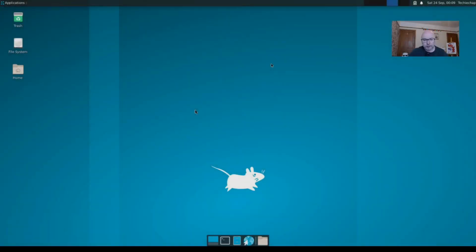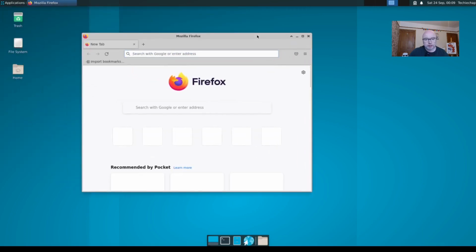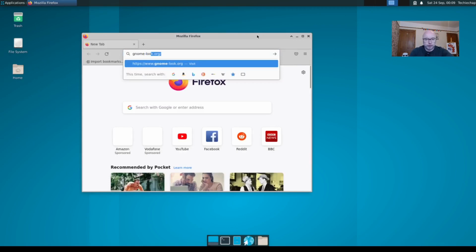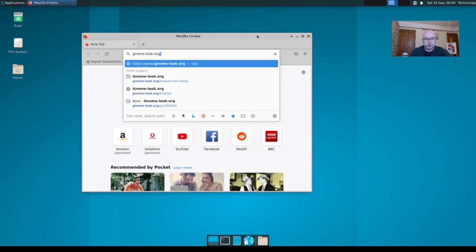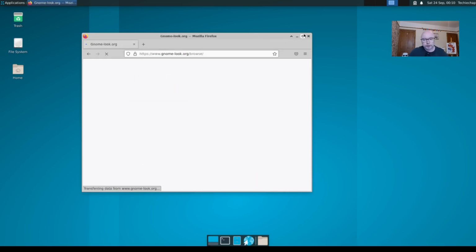Okay, so I've upped the resolution a bit in this virtual machine, just so that we can see what we're doing a little bit more clearly. And first thing we're going to do is change the icons. And the way you install icons within XFCE is actually fairly straightforward. The icon theme that I'm using is something called Cora. So we're just going to go to gnomelook.org,